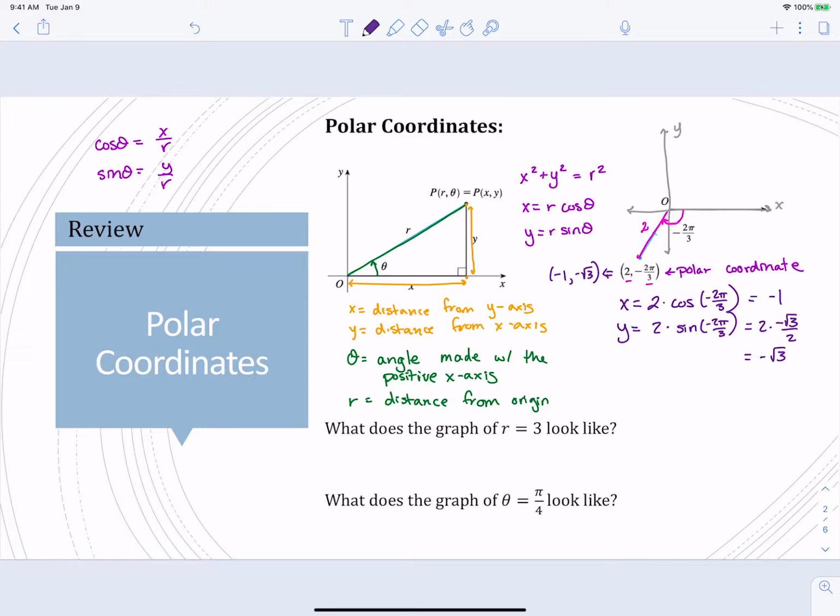And then just a quick thought of, what does the graph of r equals 3 look like? So r equals 3, this is telling us this is all the points 3 units from the origin. So this is actually a circle with radius